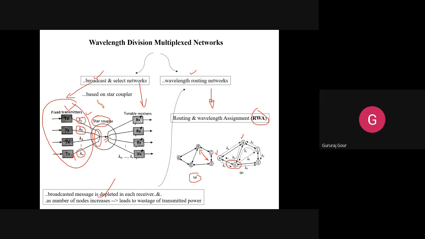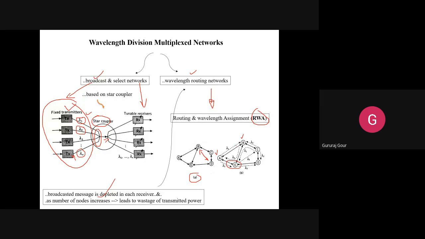Similarly, lambda 1 is sent from C and reaches node E via node B. It traverses intermediate node B, then reaches E. If lambda 2 is sent from C, it directly reaches B. Like that, all the nodes are configured.